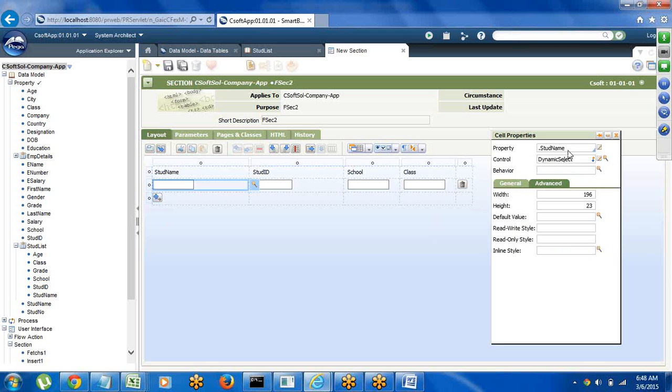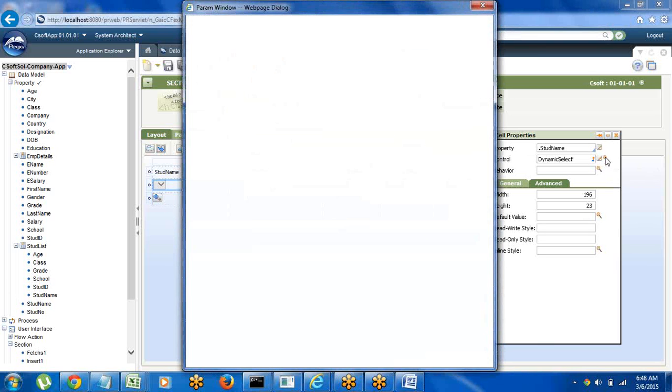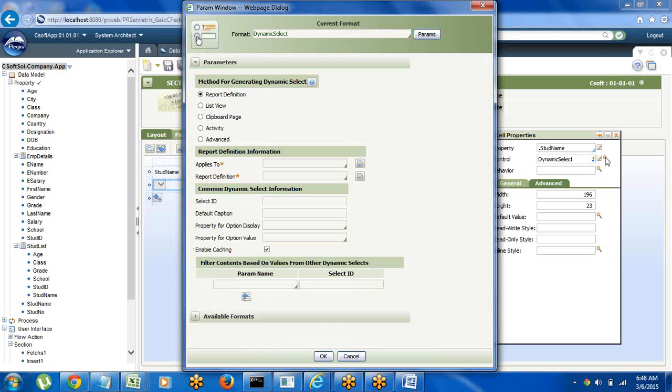And after selecting the control, we have to configure this control. How to do that? Click on this again in the control same place, open this configure control. When you click on this magnifier, it will open the configure control. Here we need to fill all the parameters. So how can we generate the dynamic select? Under this, the first option is method for generating dynamic select, and we can do this using the activity. So many options will be there, but we can only do using the activity rule. So we have to select the option as activity,